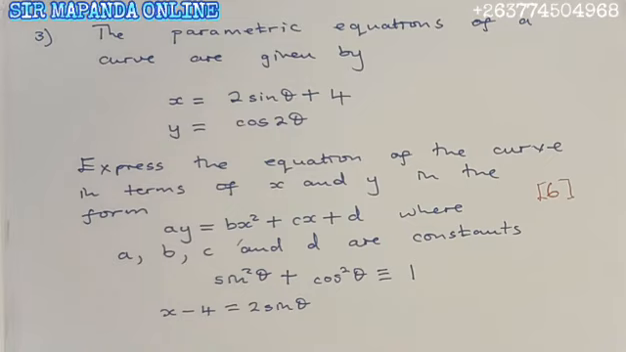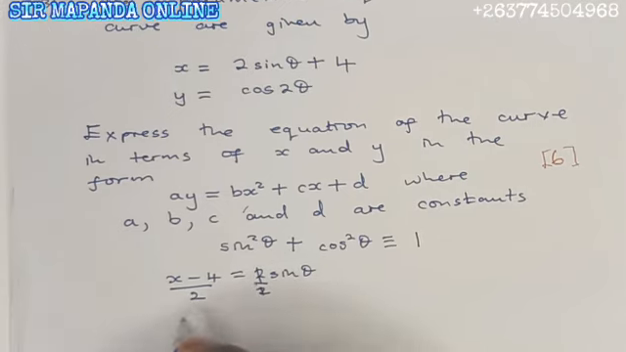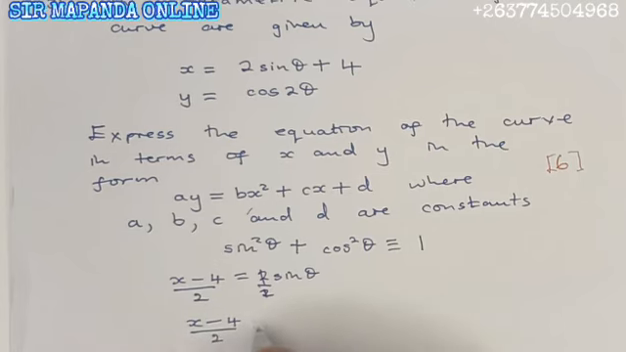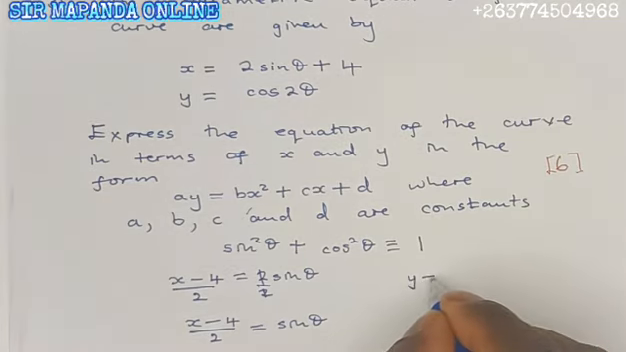Then divide both sides by 2. 2 and 2 cancel off each other. So I'm going to get x minus 4 over 2. I hope you are following, class. Right. Then we are given y is equal to